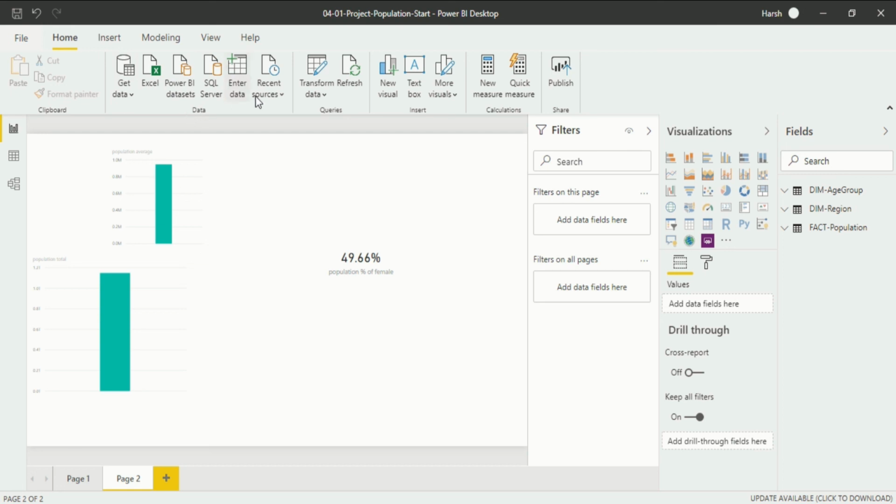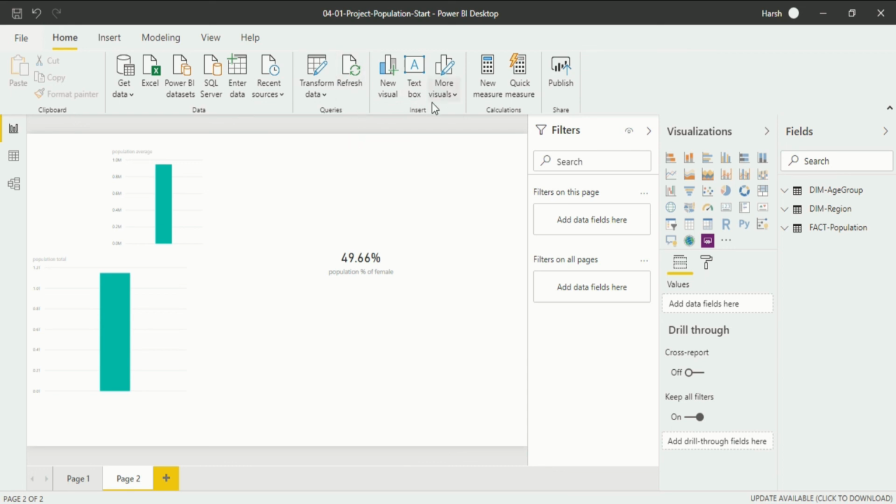Let's move on to another point in the home section, that is queries. In queries you will see transform data and refresh. In transform data, when I click, we are directly transferred into Power Query Editor, where you can edit the whole query and make changes in the data, which runs in M language, while the data model interface works in DAX language. While transferring the data, if some changes are left out which are not getting refreshed in our data model interface, you can refresh from here and do the changes. So all these points have been covered.